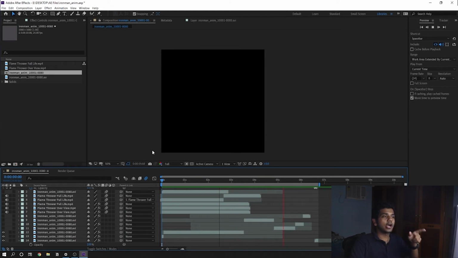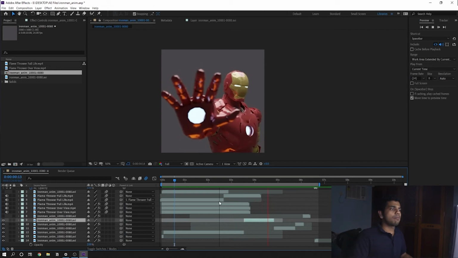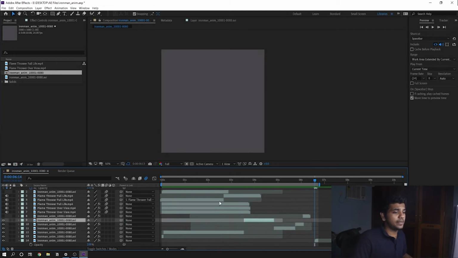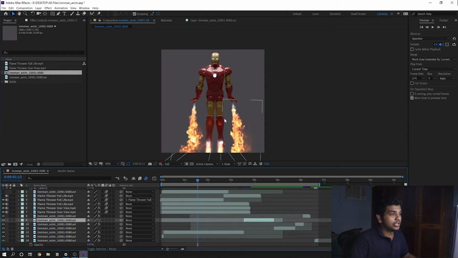And also it was sped up. So yeah, this was our basic animation. So I had to add the flames and stuff like that. Then I added the flames to it. So if we go here, first I added the flames on both the sides, then both the hand flames, and then